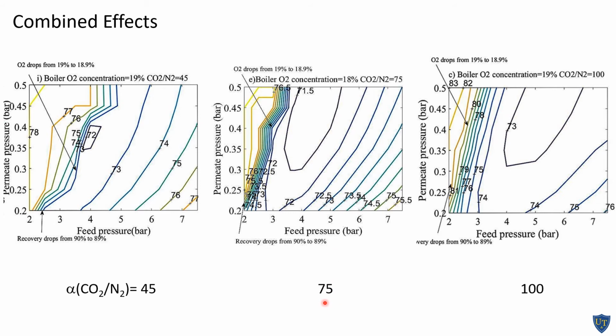As we increase the selectivity further from 75 to 100, we see an increase to 73, a little bit less than $73 per megawatt hour. So the optimum selectivity, if we use the same membrane in both stages, would be somewhere around 75. And we would use a feed pressure between 4 and 5 bar, and a permeate pressure between 0.5 and 0.35. Now we don't have to use the same membrane in both stages, and so the next slide illustrates